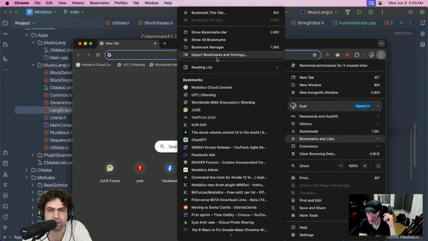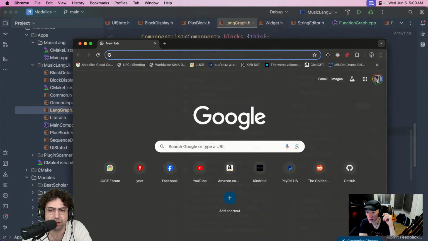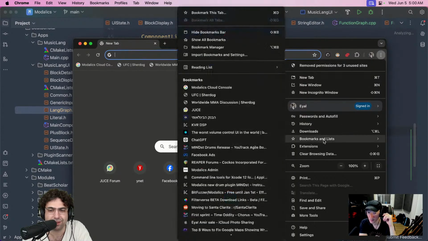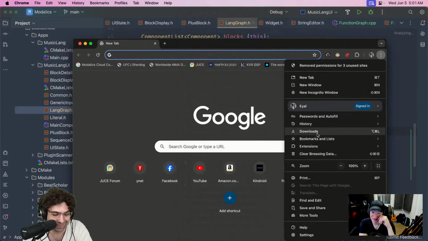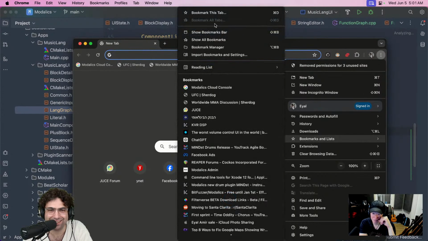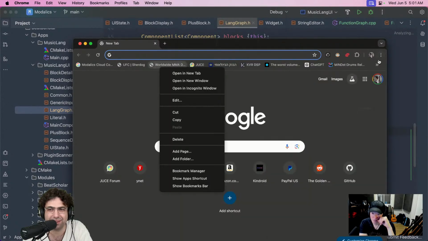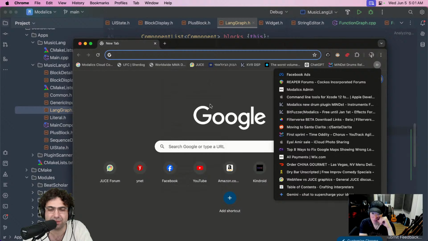Show bookmarks bar. It's a teeth breaker. Oh, it does nothing. Oh, hide bookmark bar. Nope. Never mind. Hide, make it disappear. No, not gonna happen. I'm stuck with it. Yes, I'm stuck with it.